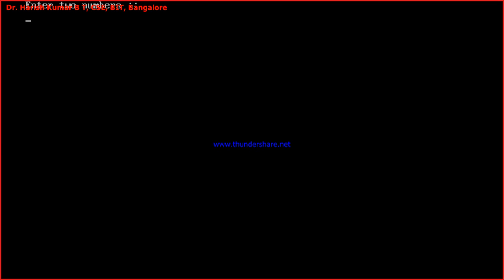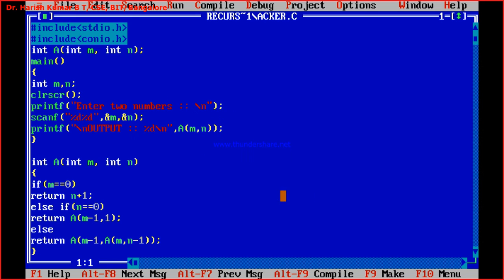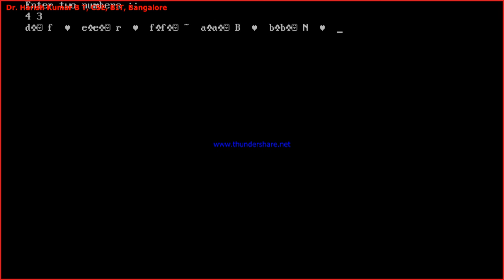Okay. So now I'll give 4 comma 3. Even for this I'll press enter. Observe now, cursor is blinking near 3. Once I press enter, cursor goes to the next line and it will wait for time. That means it's computing, and once the limit of all the resources in my system gets exceeded, it will show me some value. Observe here. So it is still running. Still running. So now it got finished. Now if I press Alt F5, see, this is what I am getting.